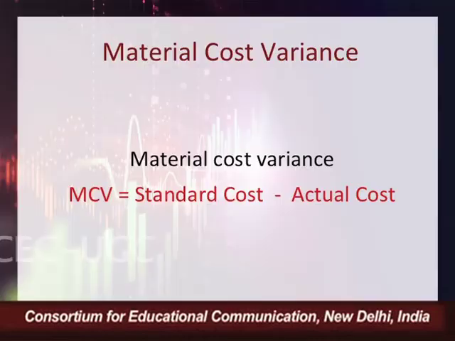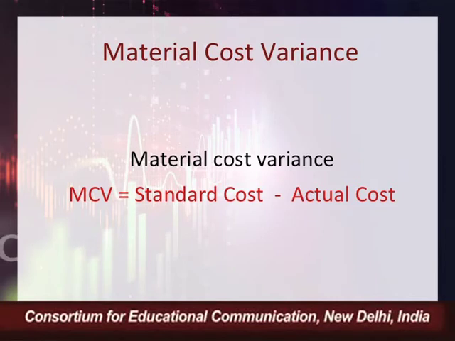This will be the standard cost of material for producing a particular number of units of output, or you can say the product. Then we compare it with the actual output, that is, what my actual cost is for the actual output, and both are compared to find out the variance, known as material cost variance. So in this process, we find the difference between the standard cost of material and the actual cost of material, and the difference of these two is known as MCV, or material cost variance.